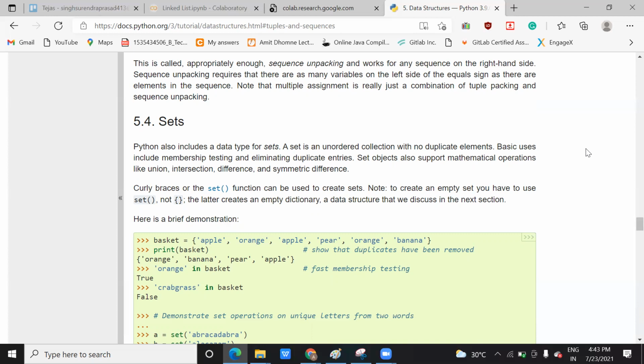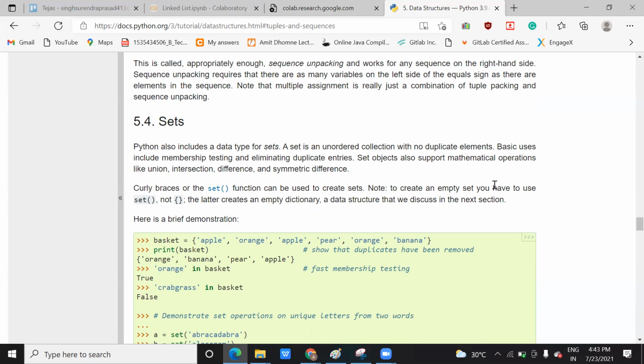And in the set you can do various operations, like you can union, combine two sets, find the intersection of two sets, find a difference, symmetric difference. So if you want to use such a collection where elements should not be repeated and should not follow any order, then you can use this. So set is that kind of data structure.